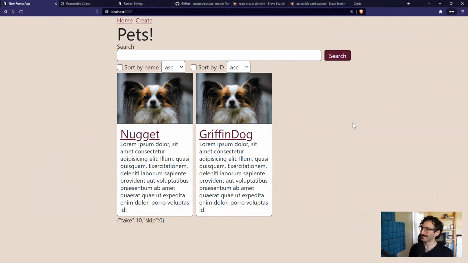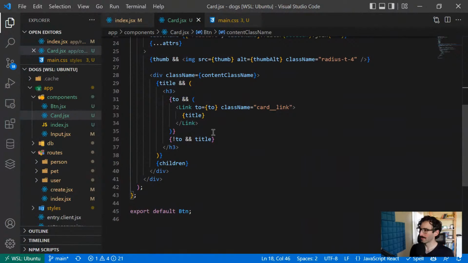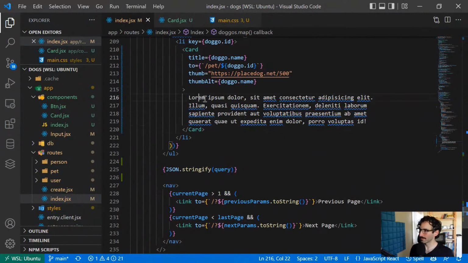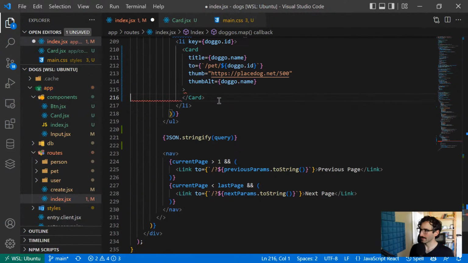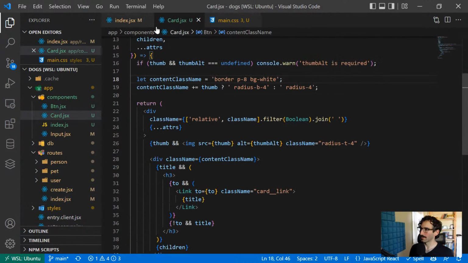All right. I'm going to put a little bit of space under that card. And in fact, probably get rid of this lorem ipsum. It really doesn't feel like I need it there. And on my card,